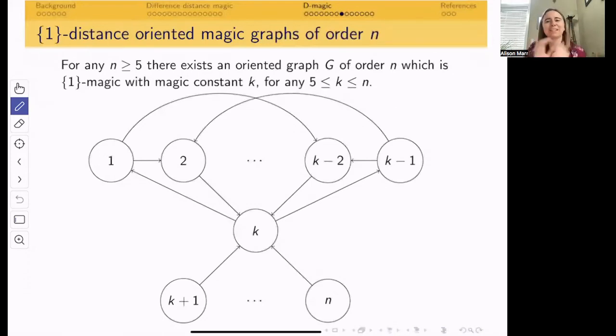So here is a nice class of one distance magic oriented graphs of order n. You can add as many vertices as you want. You can have whatever magic constant you want between 5 and n. If you create the structure where you put that k in the center, have the larger values below it, and then orient the edges up top, you can create something where the magic constant